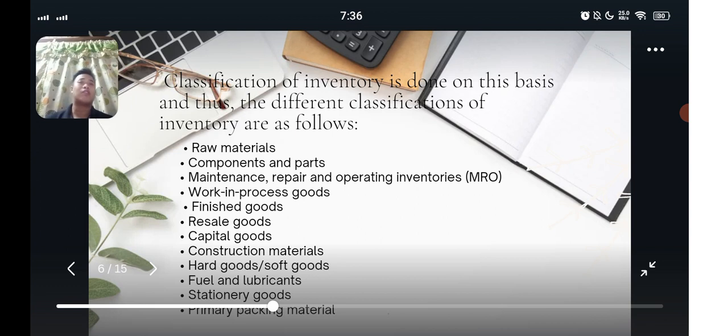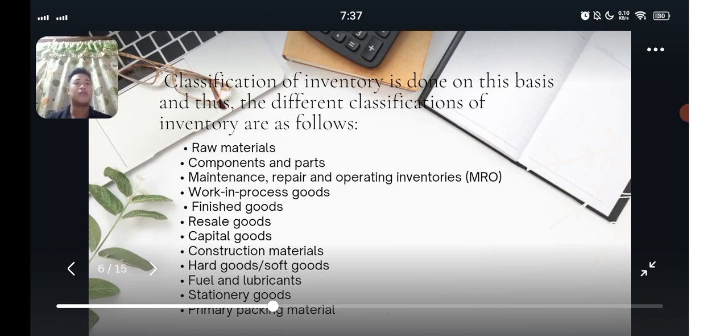In raw materials, during the manufacturing process, raw materials are the things that will be combined or converted into semifinished or final products. They take on a different shape and merge with the finished items. Next, components and parts are integrated to create finished things in assembly operations, much as raw materials are transformed into finished goods in a manufacturing activity.